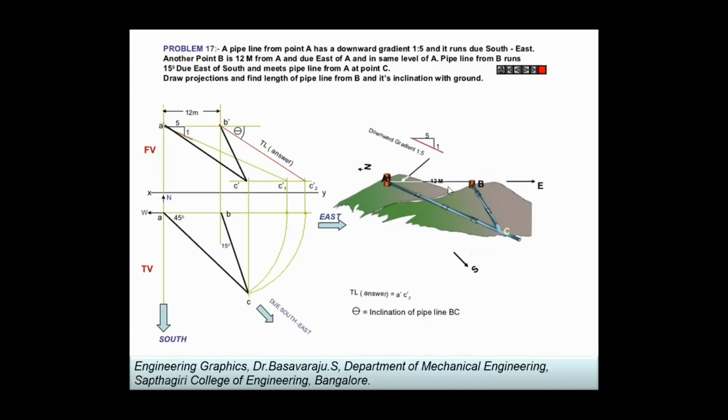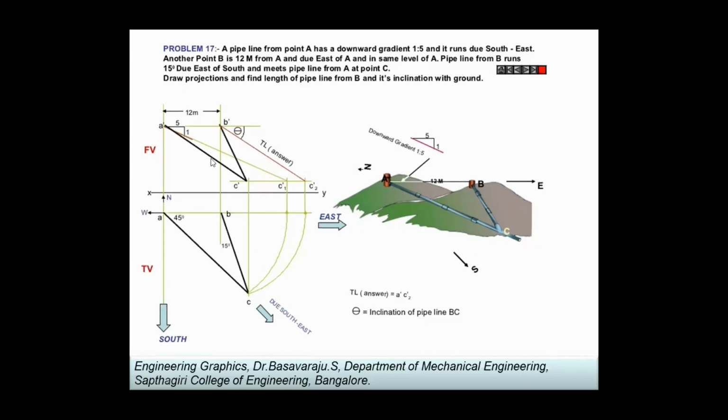gradient, that is, from a particular height. If you are drawing a pipeline, that height is a gradient, and you will not get the exact true length of that particular pipeline. When you have to decide how much length of pipe I have to cut, or how much pipeline I have to plan for, then these applications will come into the picture. So whenever you are working in the steam industry or pipelining industry, where the pipe is flowing at an angle or fixed at an angle, these applications will come into the picture.